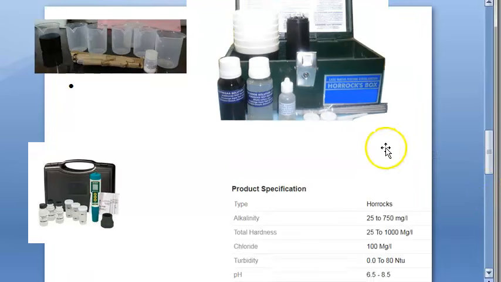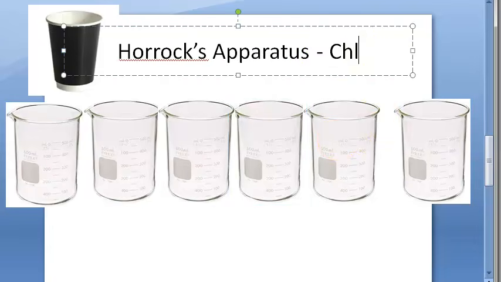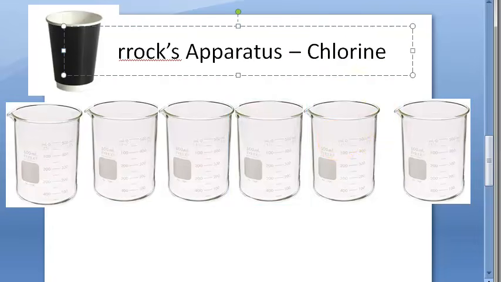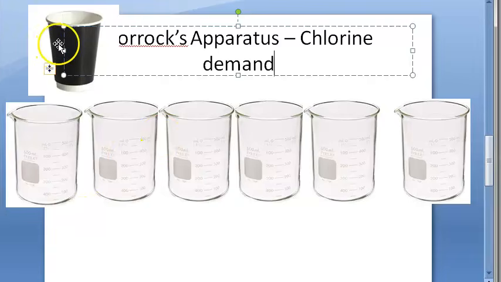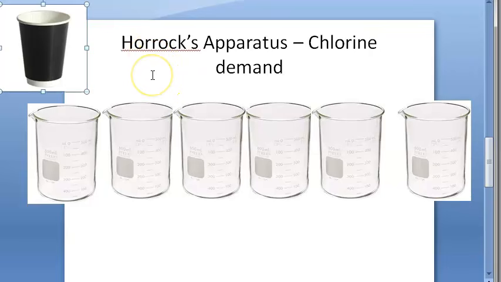So basically, you bought this Horrocks apparatus. Now you want to use it. Okay. Now how to use it? You want to determine how much bleaching powder to put in the water. So you are going to find out what? You're going to find out the chlorine demand. So basically, chlorine can kill bacteria, etc. But it cannot kill spores and all. But yes, chlorine can kill bacteria.